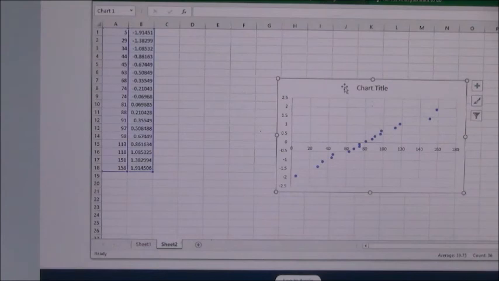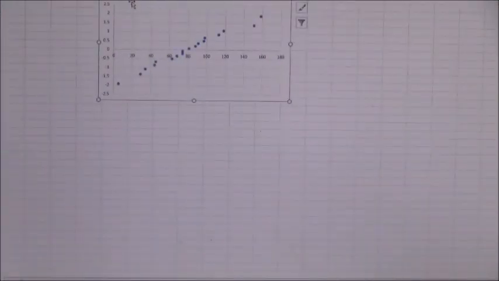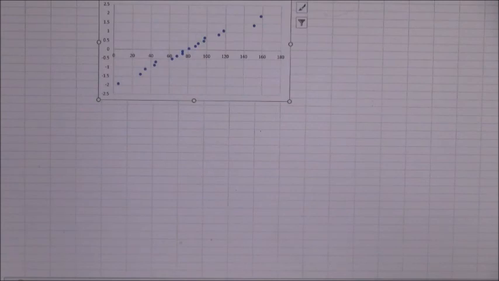Any region, select chart tools and layout from the toolbar. It is not giving me my chart tool menu. Probably because I have my thing smushed. There it is. If I go to design on here, I can then go to my